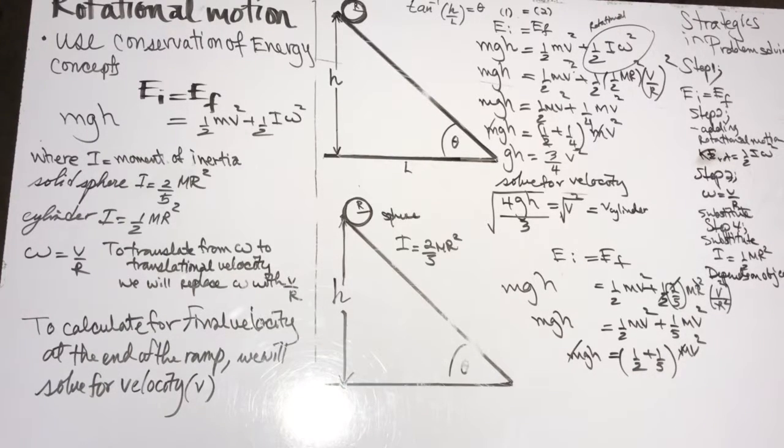What I have left is, when I add these two fractions, I get 7/10 v squared is equal to gh. So to get velocity squared by itself, I do 10 times gh divided by 7. To get rid of the square, I take the square root. So my velocity of the sphere is equal to the square root of 10 gh divided by 7. This is the formula that you need to be able to derive if you are asked to figure out